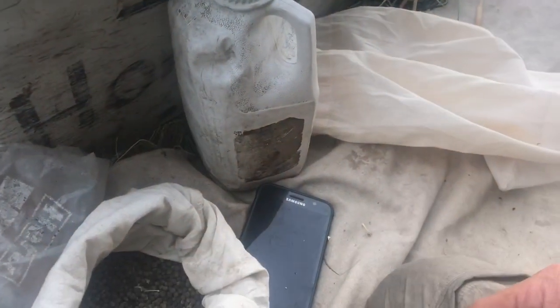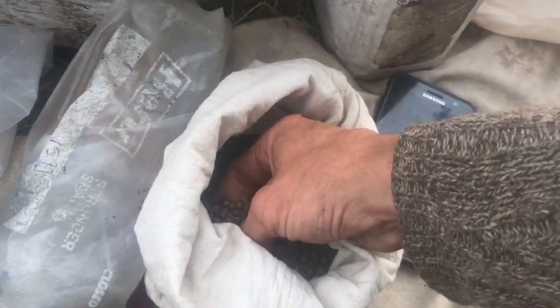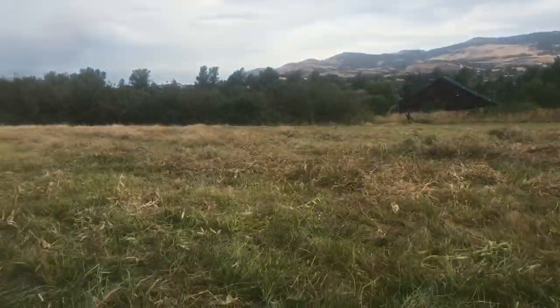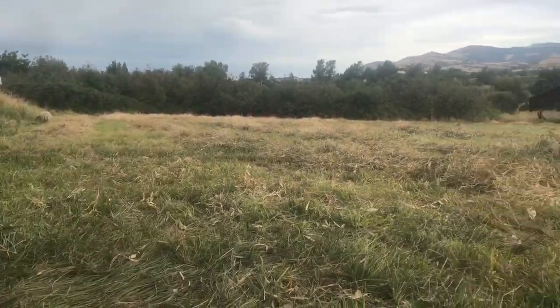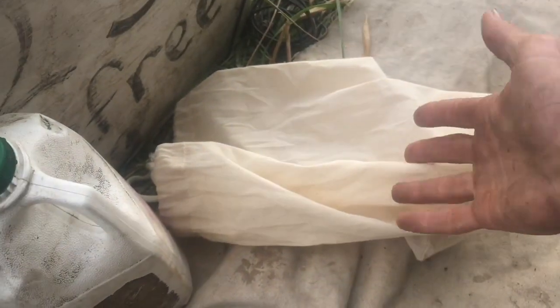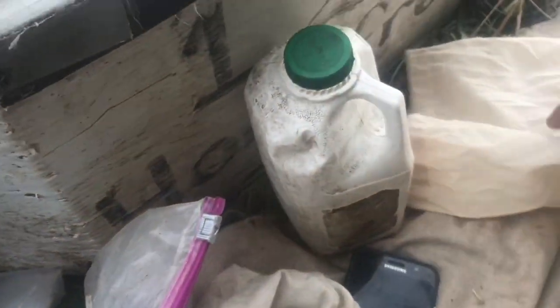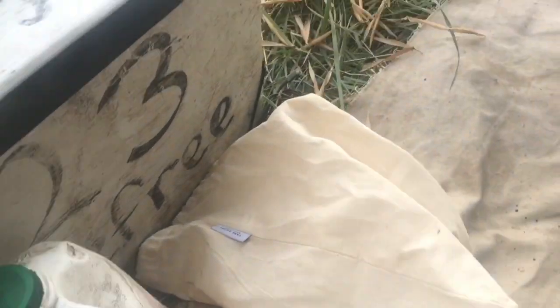I had to finish processing, collecting the wild sweet pea that they just mowed down yesterday. So I collected it just in time, and I got this much out of 2 bags. I filled up 4 bags that were the size of these Ziploc bags, basically gallons. I collected 4 gallons of sweet pea, and I just went through and collected all the ones that had split